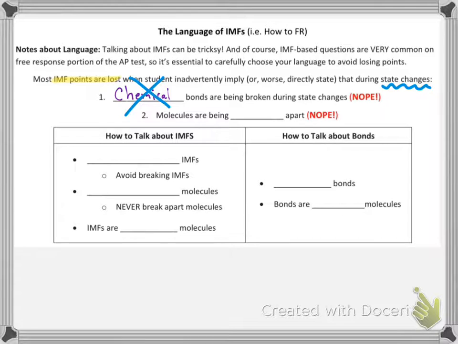Another one that's a little sneakier is saying that molecules are being broken apart. Well, what's kind of misleading about this is you're like, well, if I'm overcoming the IMFs, you're basically separating 2 separate particles. When you use the phrase broken apart, you cannot tell if you are trying to describe separating 2 different molecules or literally breaking apart a molecule into its component atoms. And because you can't tell, I can't give you credit for that answer. So don't say that either.